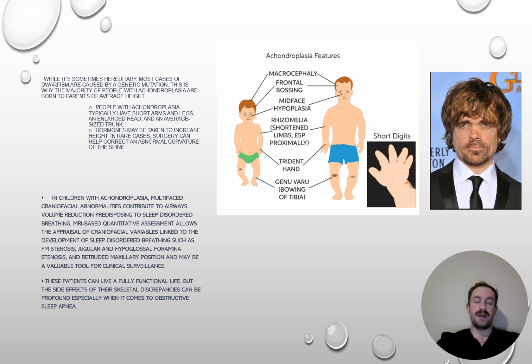Hormones can be taken to help increase their height, and in rare cases surgery can help correct an abnormal curvature of the spine and bowing of the legs, which happens. So it affects the bones of the body and their growth, which is what we deal with in orthodontics as well. In children with achondroplasia, multiphase craniofacial abnormalities contribute to airway volume reduction, predisposing to sleep disordered breathing. An MRI-based quantitative assessment allows us to appraise the craniofacial abnormalities linked to the development of this sleep disordered